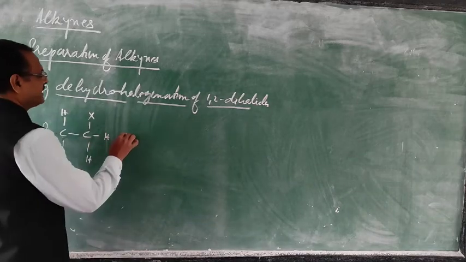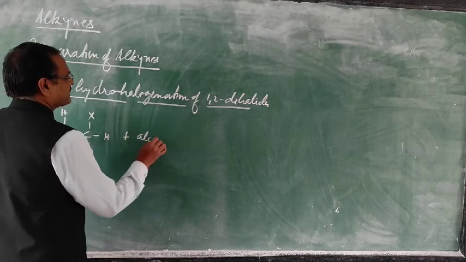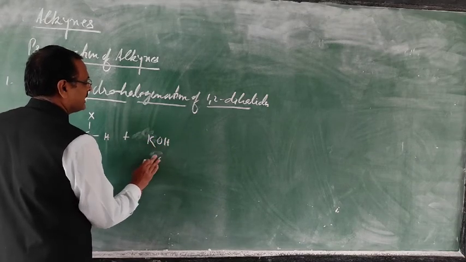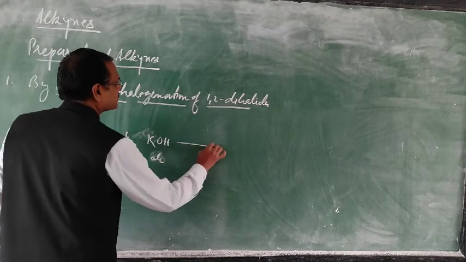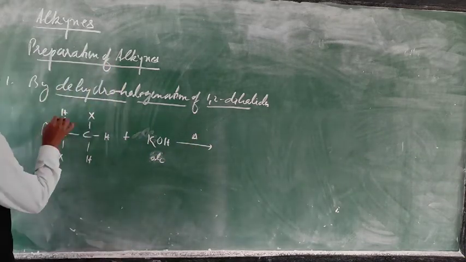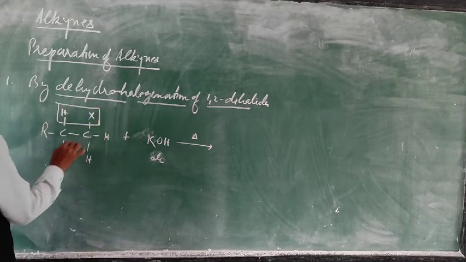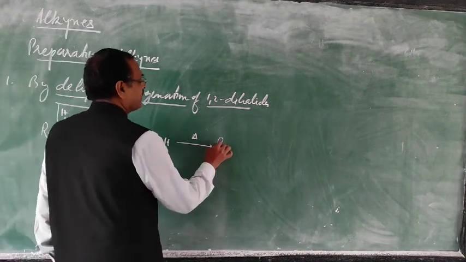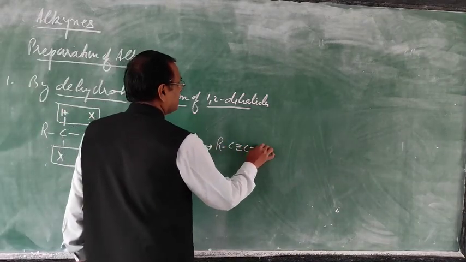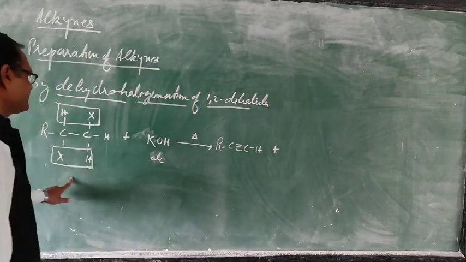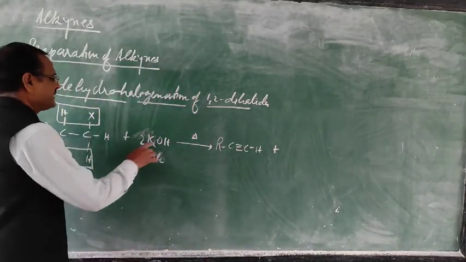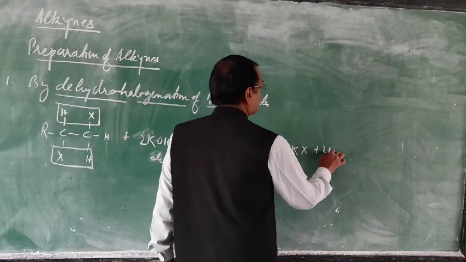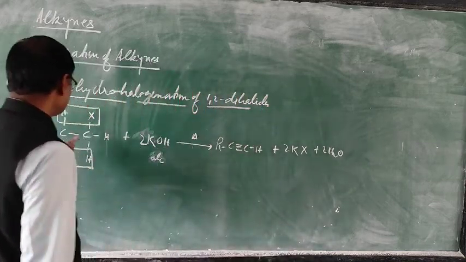As you know, it is treated with alcoholic KOH. You will use KOH that is alcoholic, not the alcohols. So when it is heated, one HX is removed from here and then another HX is removed from here, and this will form the carbon-carbon triple bond, plus HX and KOH react as acid and base to form 2KX plus 2H2O. So this is the general one.